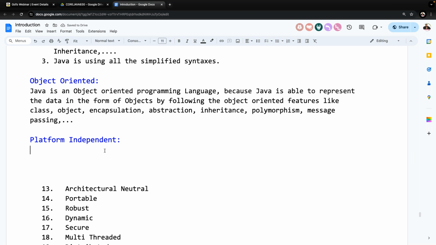If you write a program, first we perform compilation, after that we execute the program, and then we get the output. Listen carefully.